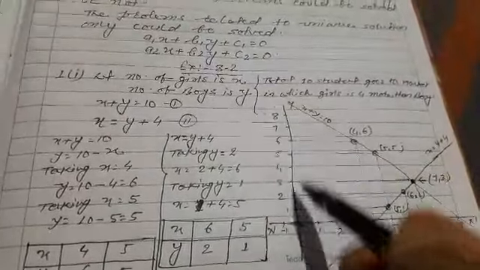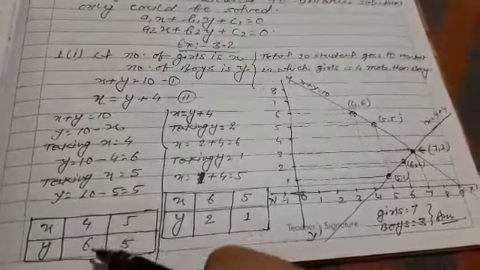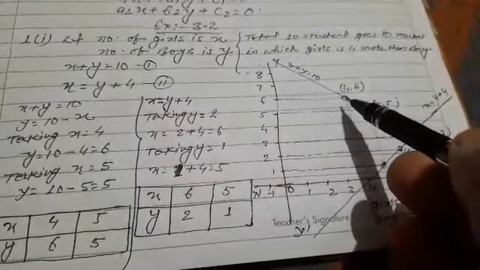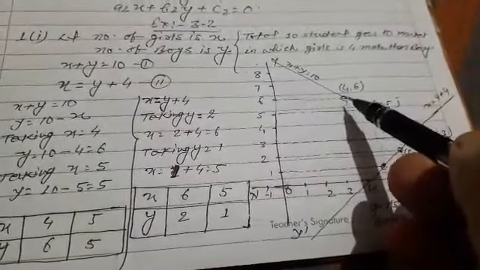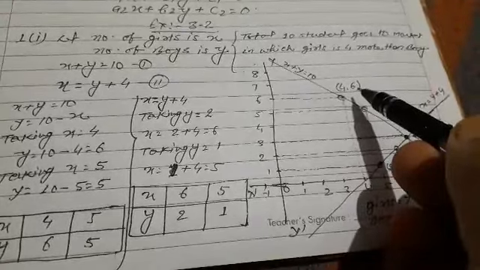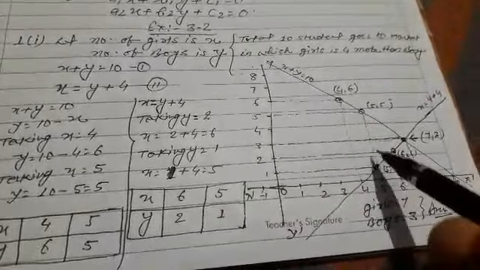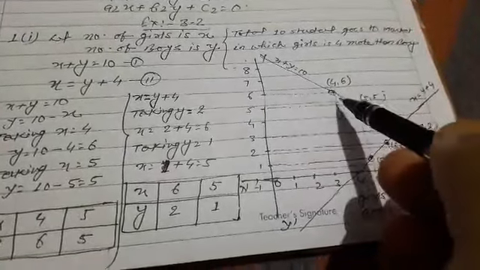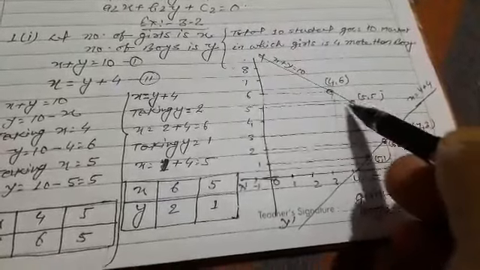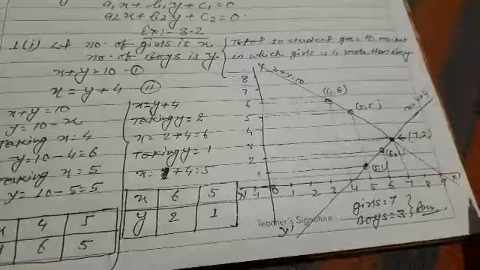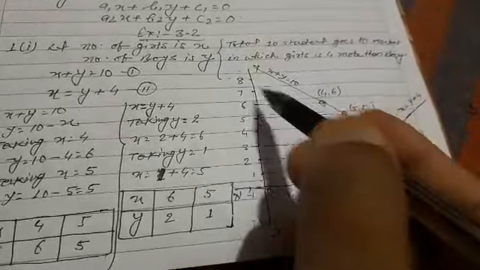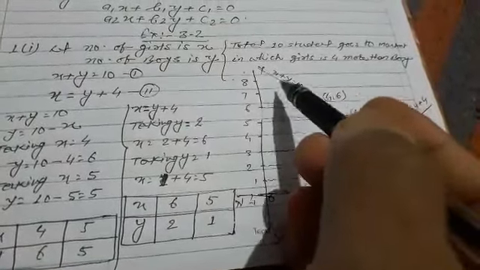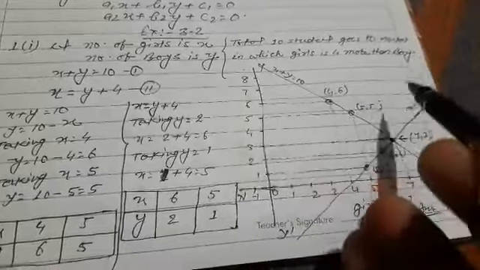When we draw a graph, we observe that here x equal to 4, y equal to 6. So here x equal to 4, and we move here y equal to 6, these meet here. So we give here a point and write the coordinate of this point, 4 6 and 5 5. So here is 5 and here it is also 5. So this is the point, its coordinate is 5 5. Now by using a scale we join these 2 points and draw a long line to the whole graph paper, and at one end of this line we write the equation which represents this line. So x plus y equal to 10.